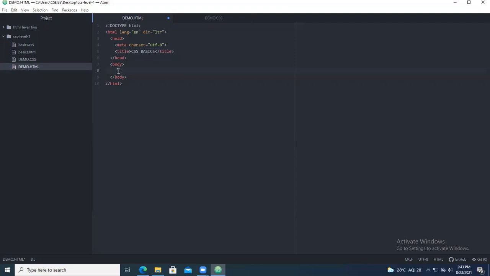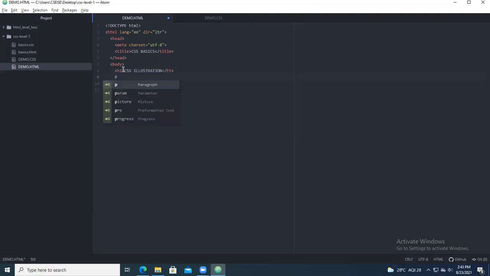Now you come to the body part of the HTML. Coming to the body part, you create something. First I will create H1, that is heading 1. In that you are going to give some heading. So you take it as CSS illustration.